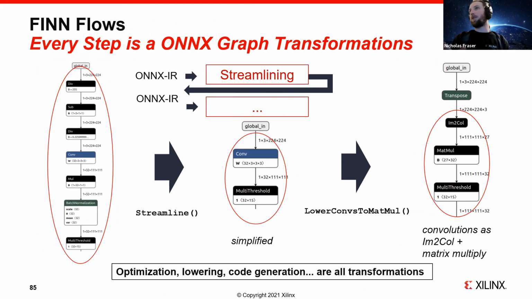But basically all of these transformations happen on an ONNX IR, right? And it's all, again, open source, and you can make changes to that and validate intermediate outputs and do things like use Netron to actually print intermediate outputs, which is very useful in debugging,